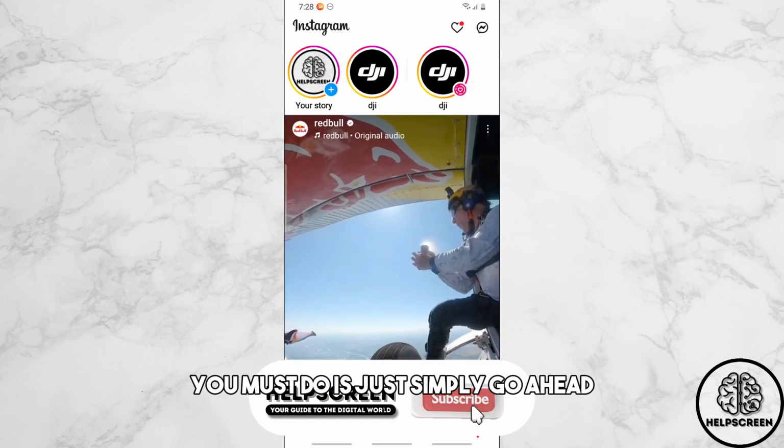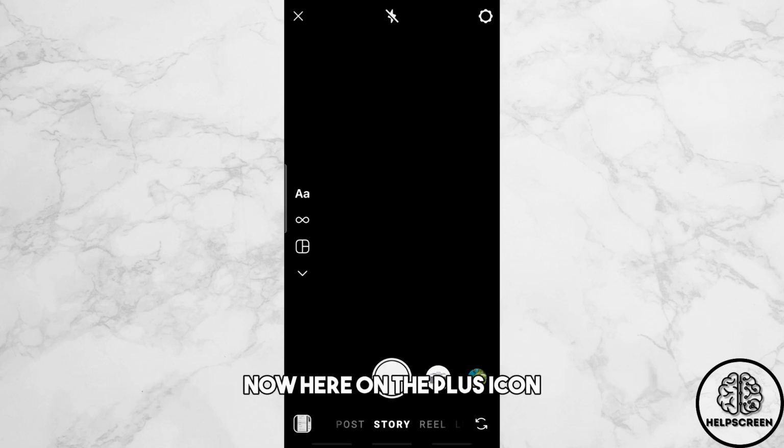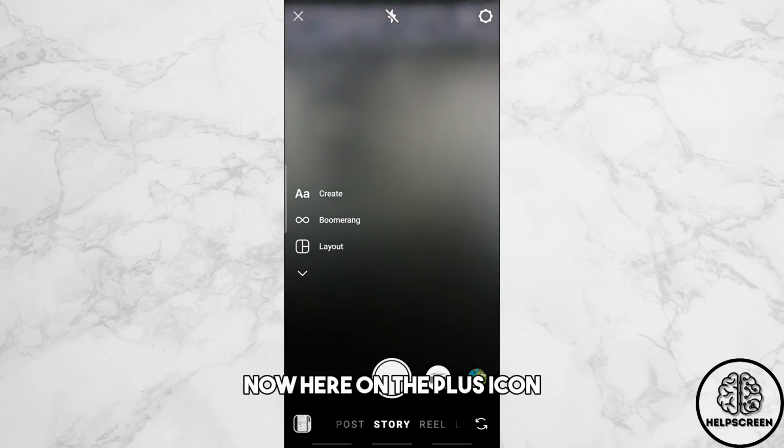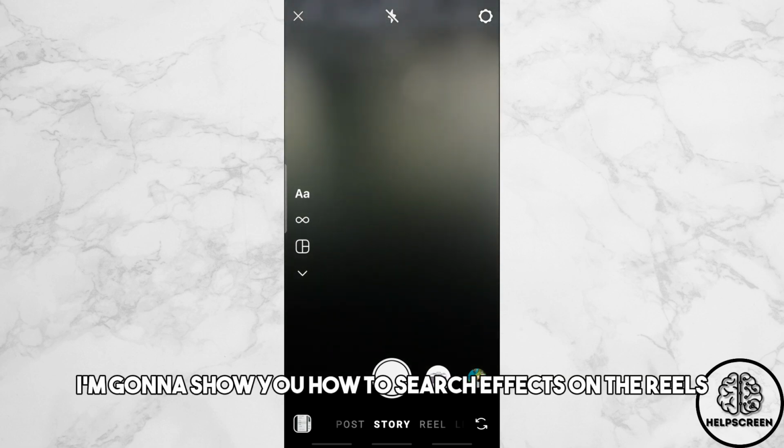If you don't know how to search filters on Instagram, the first thing you must do is just go ahead and select the plus icon at the middle of the screen. Now here on the plus icon, first I'm going to show you how to search effects on the